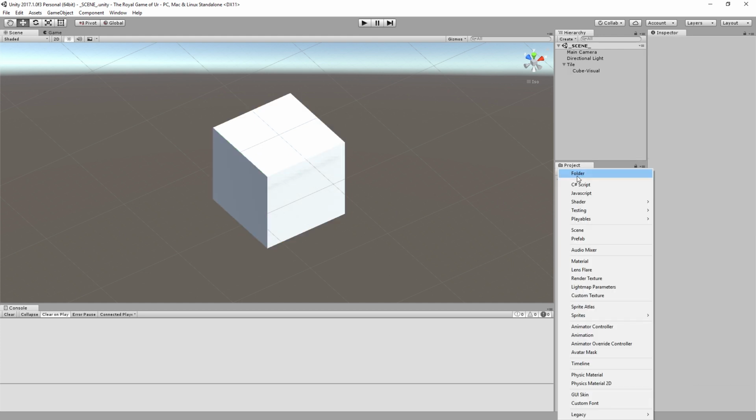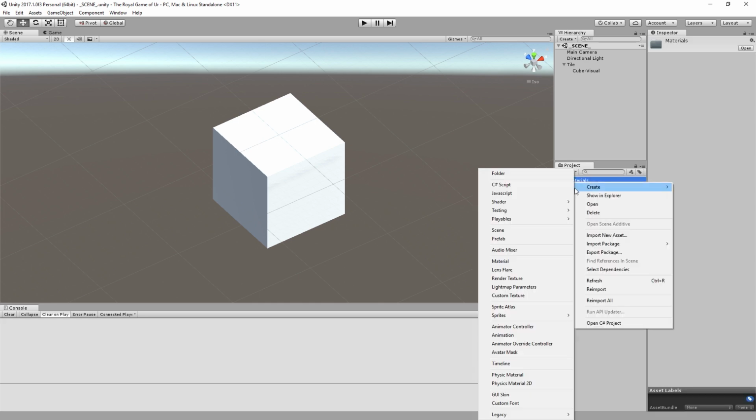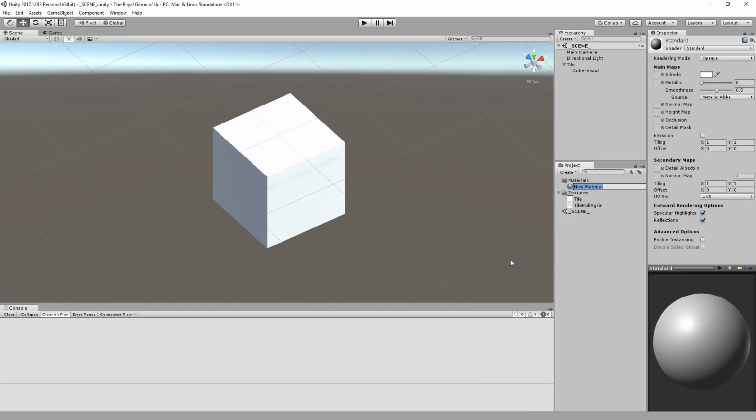So let's go, we're going to create a new folder. I'm going to call this materials, and I'm going to make a material in here. So I'm going to create material. Now, this material is going to use the standard shader. I'm going to call this, like, tile. Okay? So we have a material called tile, and it has this albedo slot,